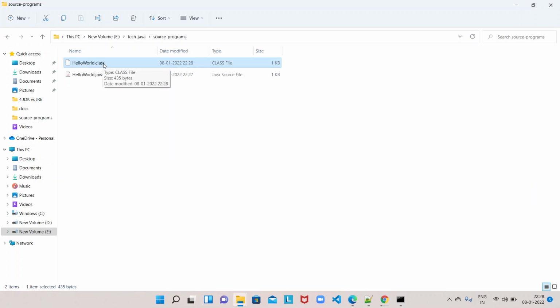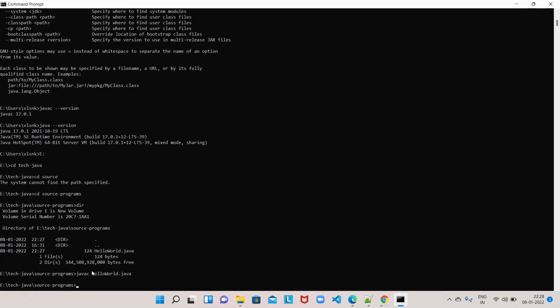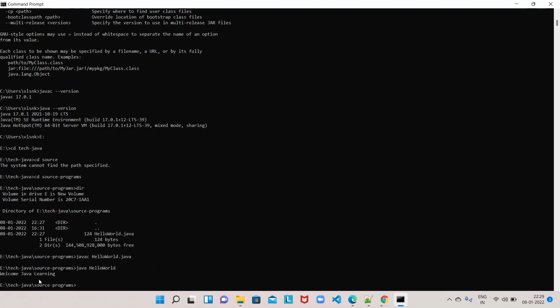This actually contains the bytecode of the source code which we have written in the .java file. So this is the compilation process, right? In order to run it, we have to use the java command, and we just have to pass the public class name. We don't have to use .class or .java or anything. Okay, now it prints it.